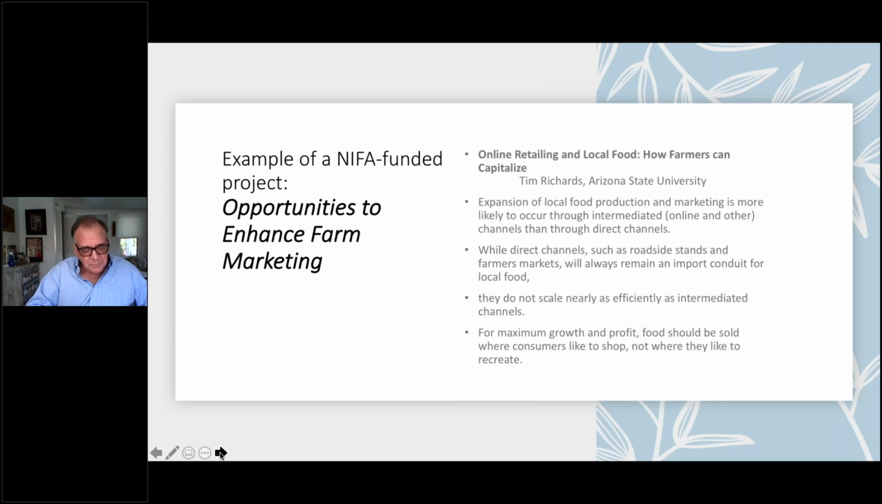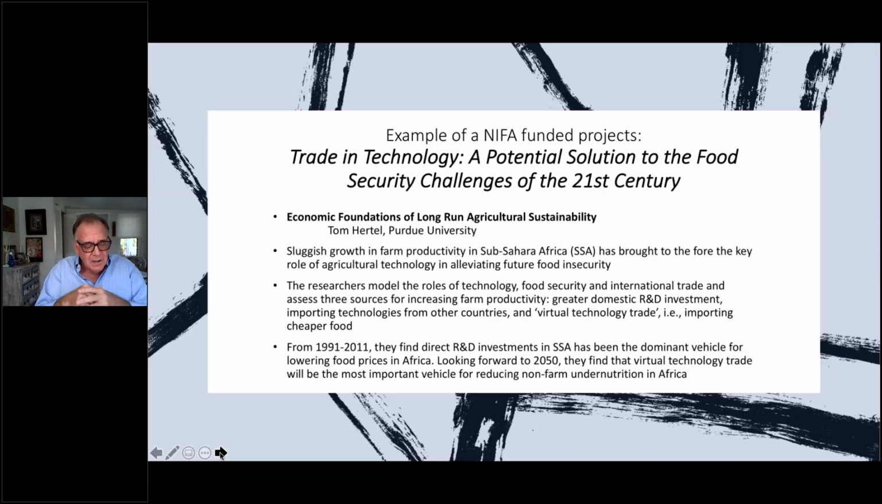Next slide. And this last project is from Tom Hertel at Purdue, and it's called Economic Foundations of Long-Run Agricultural Sustainability. Tom has been involved with developing databases and models for modeling global food production and trade. This is the GTAP project, which is the Global Trade Analysis Project, I believe it's called. And so in this particular